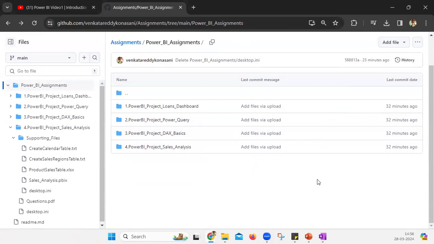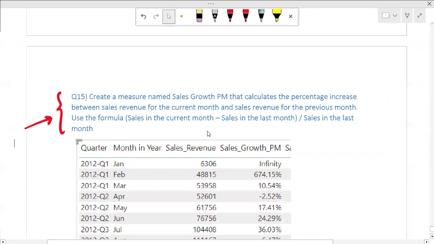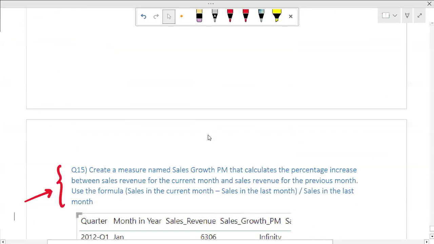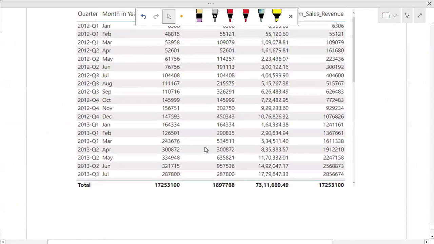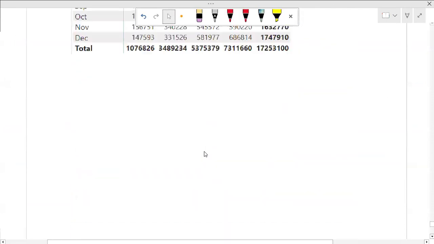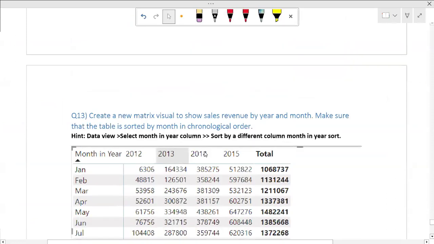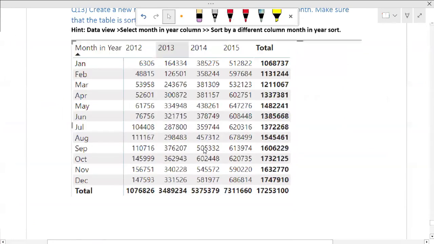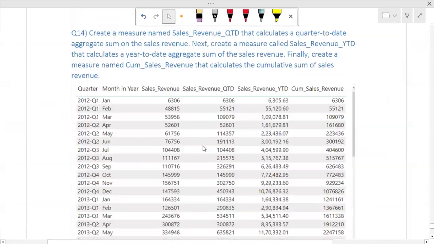Yes, it will be a little challenging, but you will gain a lot of experience. If you complete those 4 assignments, at least 2 projects you can keep on your CV saying that you have worked on Power BI, and you can really justify your Power BI learning experience. One of them is sales related. One of them is credit risk related. One of them is, I think, this is also a sales related one. So you can definitely show some good experience related projects on Power BI in your CV once you complete these